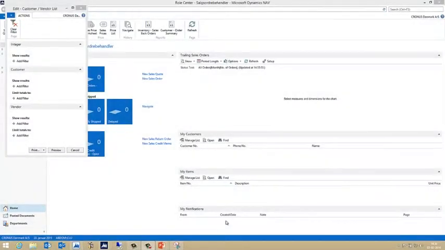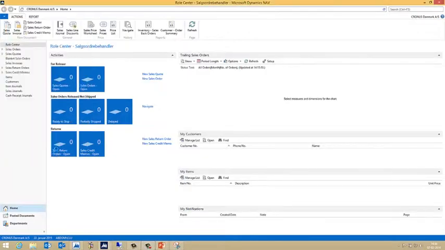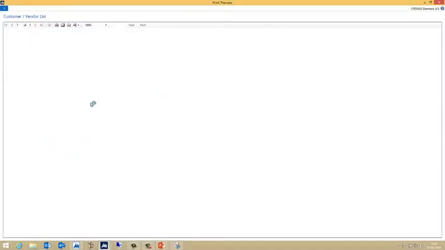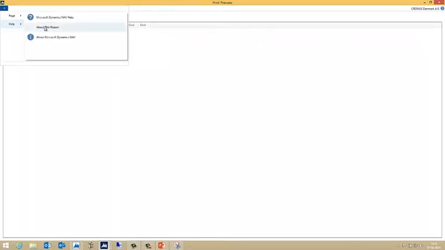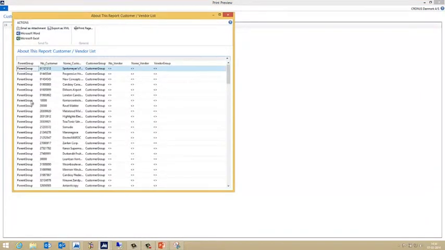We haven't created any layout yet, so when we run the preview, the report of course will be empty. But what we want to view now is the data set. So I'll go Preview, and of course this is completely blank. There's nothing there. I want to go to the Help about this report, and in the Help about this report, I can see my data set. I will put this in Excel, so I'll export that to Excel.